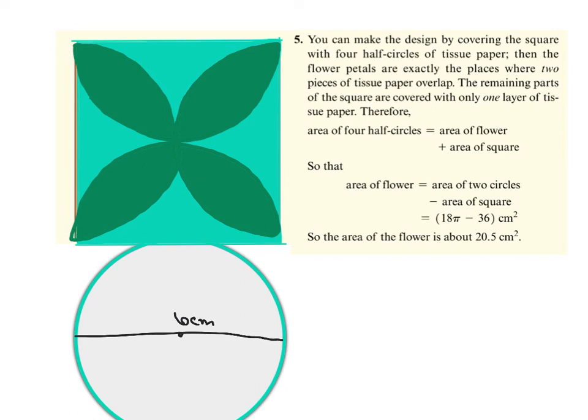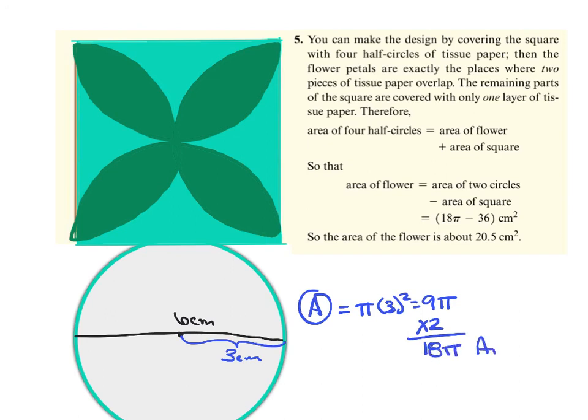So that means the radius is 3 centimeters. So to find the area of a circle, I'm going to go pi r squared, or pi times 3 squared, which equals 9 pi. Now I have 2 of those, so if I multiply by 2, I get 18 pi